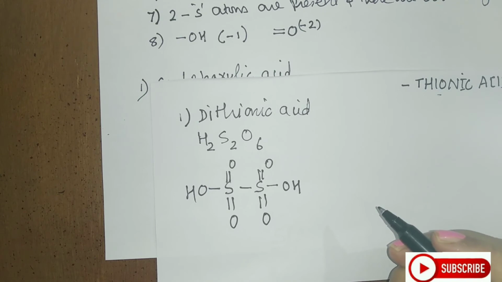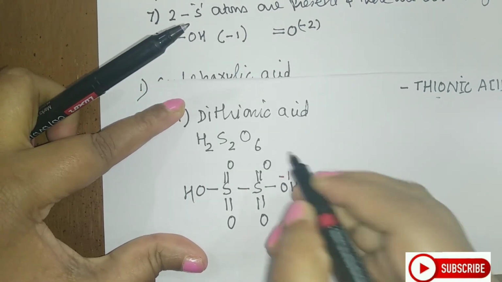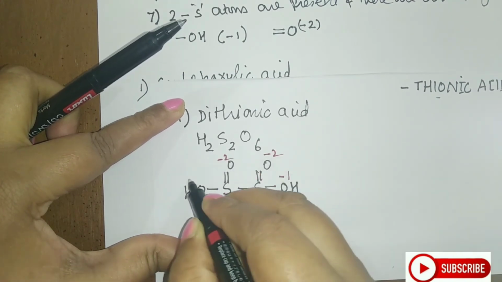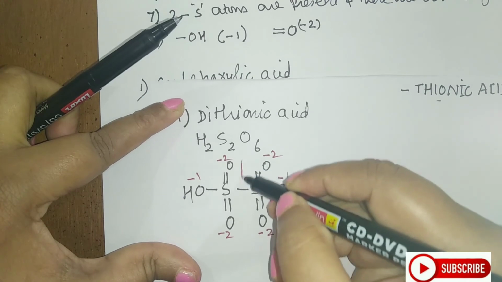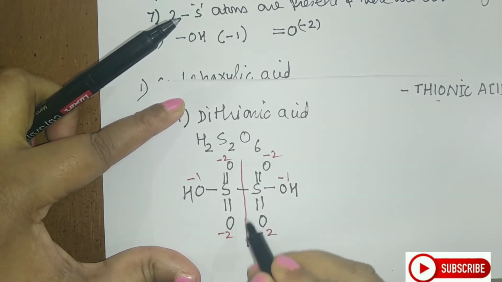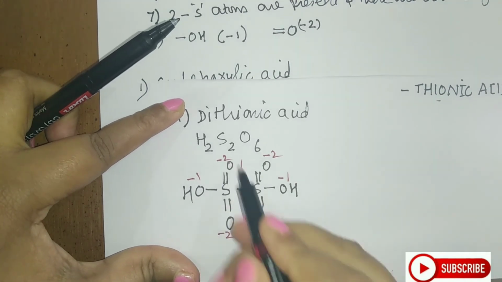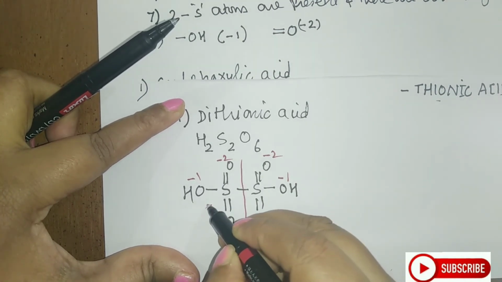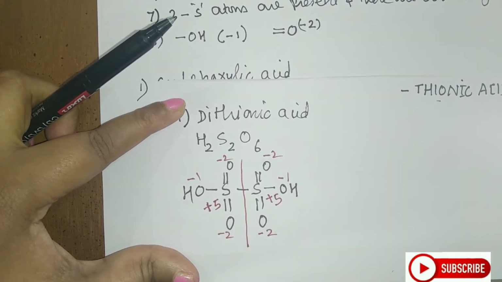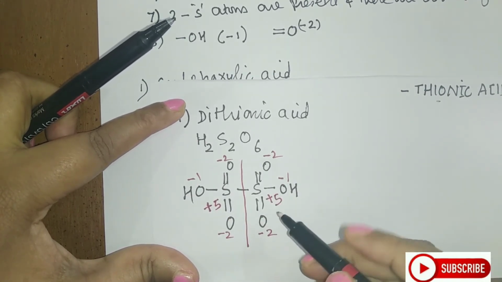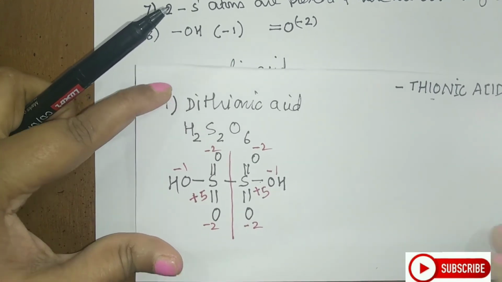Now students, let us assign the oxidation numbers. So it will be -1, -2, -2, -1, -2 and -2. Again the molecule is symmetric, so I can have this type of linkage, or I can have the symmetrical molecule. So 1, 2, 3, 4, 5. So this is the oxo acid where sulfur exhibits +5 oxidation state. And if you check out for hybridization, again 1, 2, 3 and 4, it will undergo sp3 hybridization.